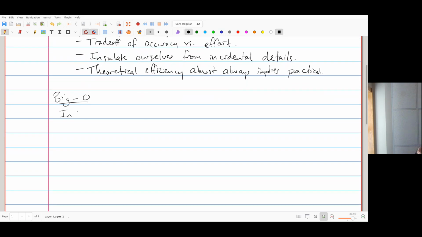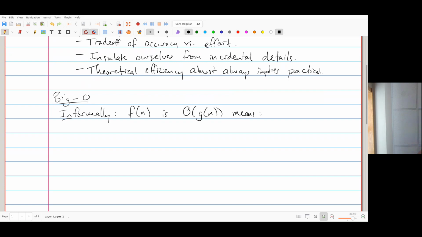So informally, right? So informally, if I have some function f of n is, and on the activity we were specifically looking at big O of n squared, just to have an example. But of course, n squared could be anything, right? So we'll say f of n is big O of g of n means,